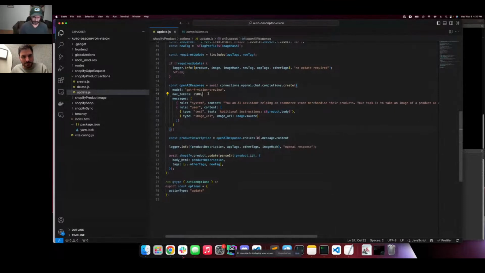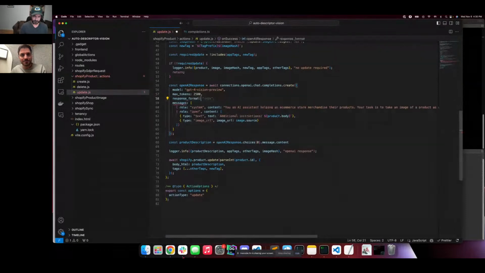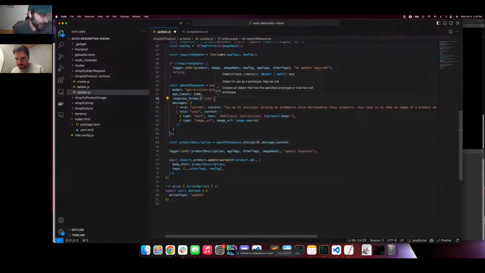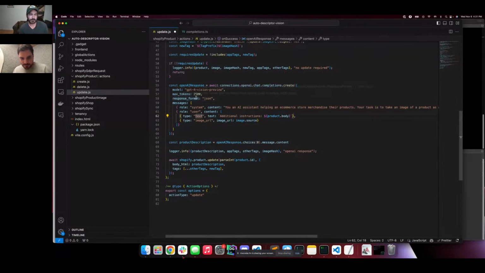There's a parameter you can pass called response format JSON, and you have a guarantee when you do this that it will respond with valid JSON, which is super cool. Instead of just doing a description, I could say respond as JSON with a title and a body, and then use that to update both the title and the body. So that's definitely one option. And then to do it for real,